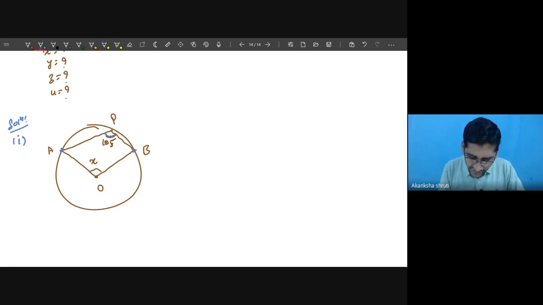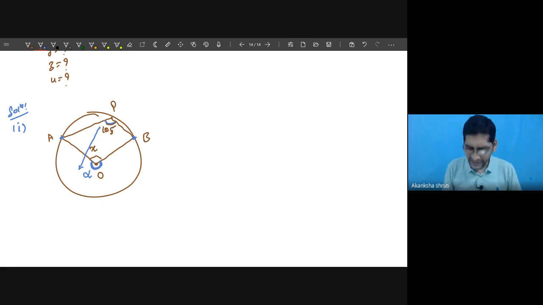Then for this, if we are coming out, then the angle that we can calculate from 105 degrees is this one. Okay, it will be in the same direction. If we consider this as the angle alpha, I'm just denoting, then how are alpha and 105 related? Since the central angle is twice the circumference angle,